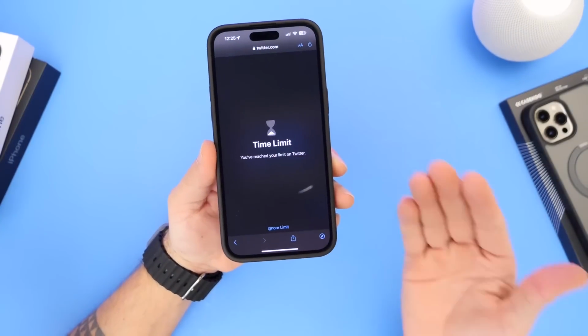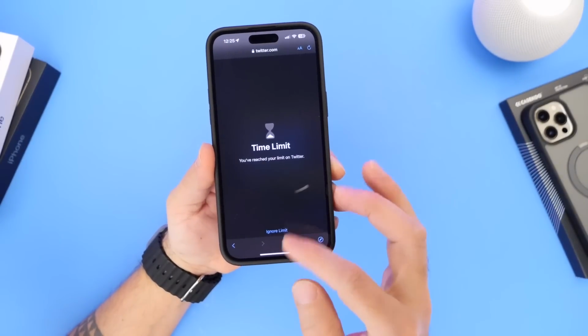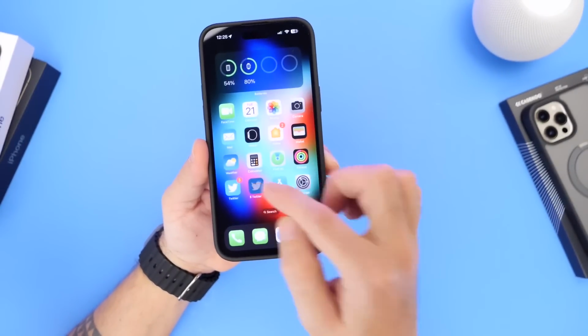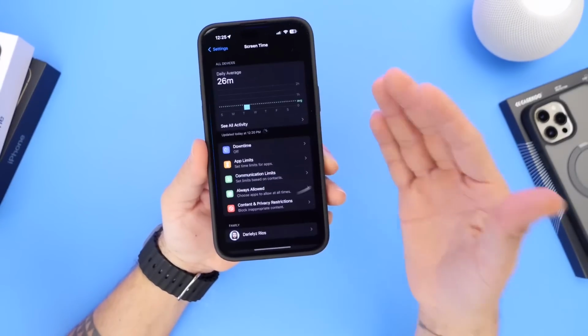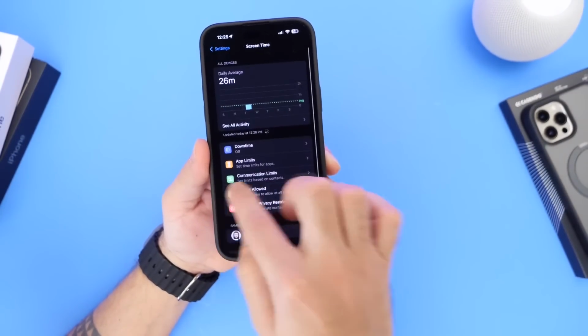There's the limit. Again, this is still in beta testing right now, but as you can see, the web app for Twitter, it isn't required. The App Store also has the same screen time limitations as the iOS app. Yes, again, it is still a little buggy as you just saw there, but it is integrated within web apps